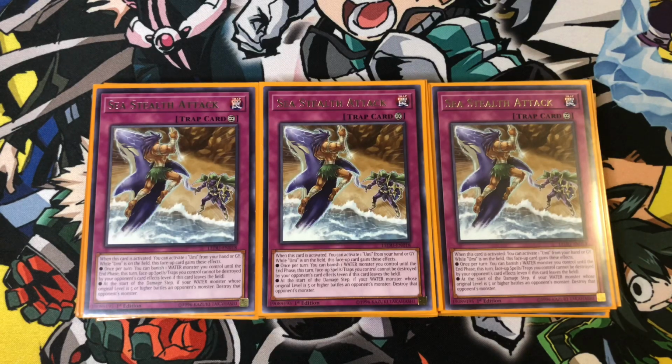The second effect of this is at the start of the damage step, if your water monster, whose original level is 5 or higher, battles an opponent's monster, destroy that opponent's monster, which is definitely good since we are playing the Phantasm Spiral Dragon, which is a higher level than a level 5